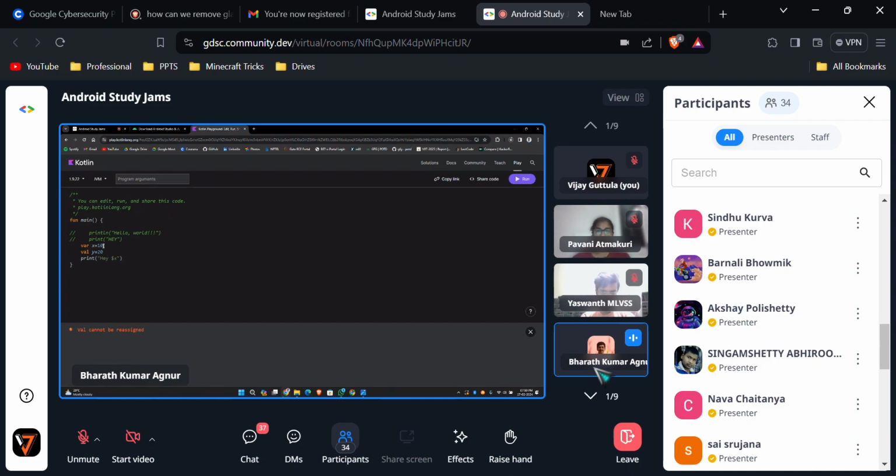So this looks more like Python, right? Where x is equal to 10. You don't need to include the data types in Kotlin as well. But if you want to include, you can do that by just, like